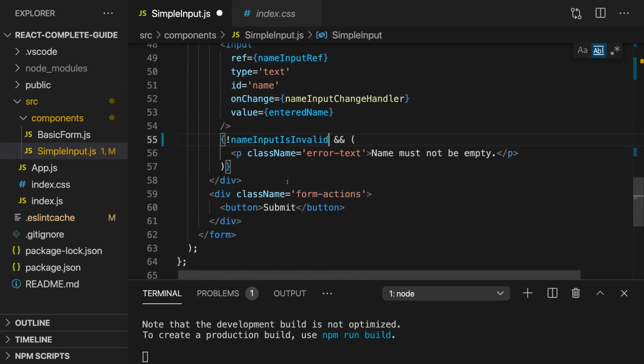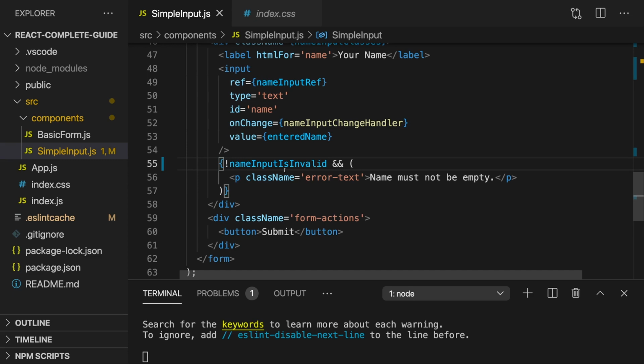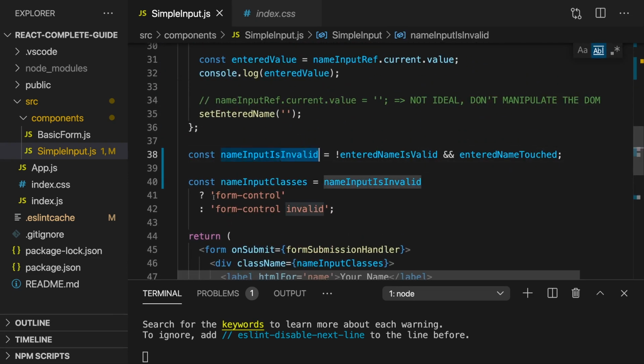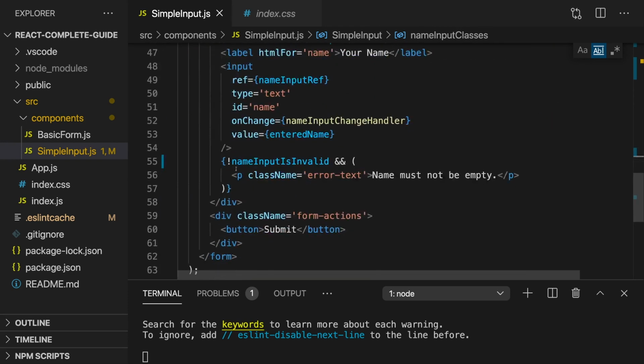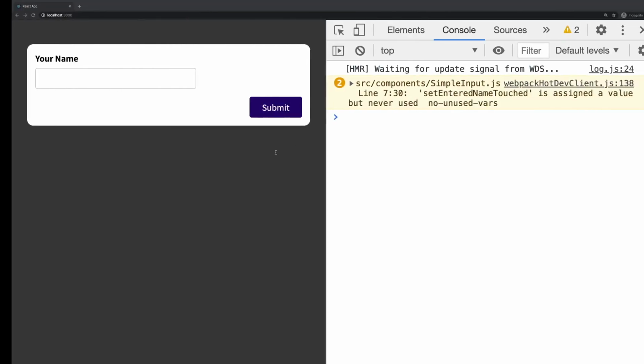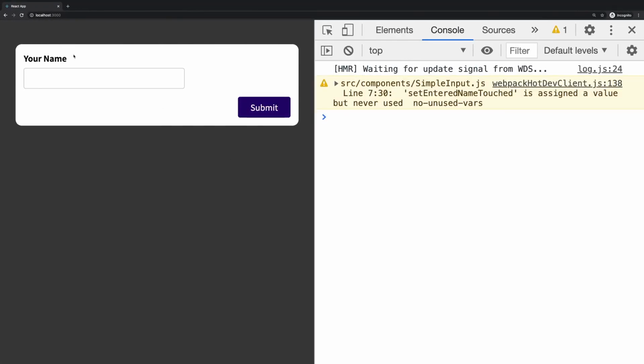Though now we have to be careful, since this is now name input is invalid, we of course need to invert our logic here. Here we don't check if it's not invalid, but if it is invalid. Hence I removed the exclamation mark. And here I of course want to set this invalid class if name input is invalid and not set it otherwise, like this. With that, if we go back and we reload, initially this is not showing this error state,